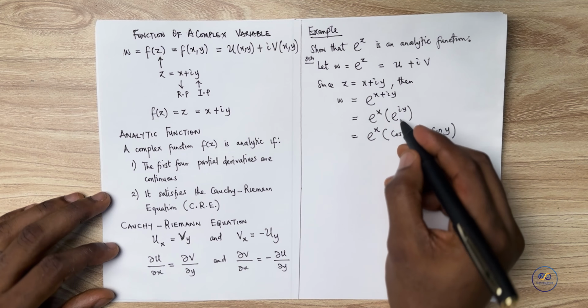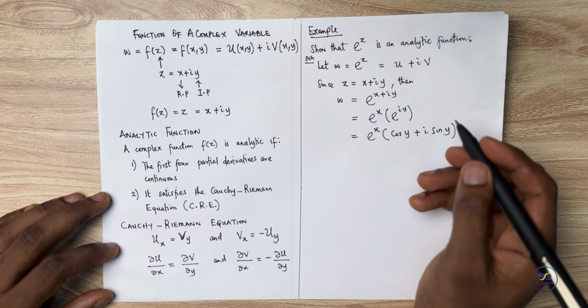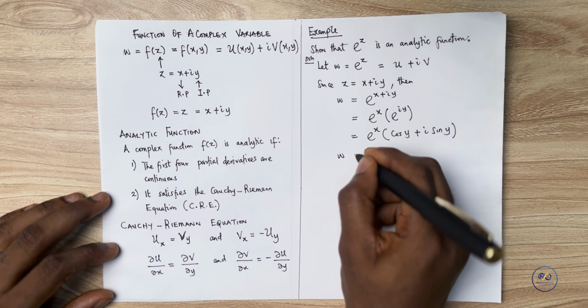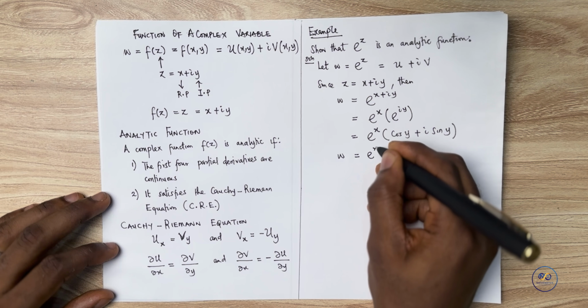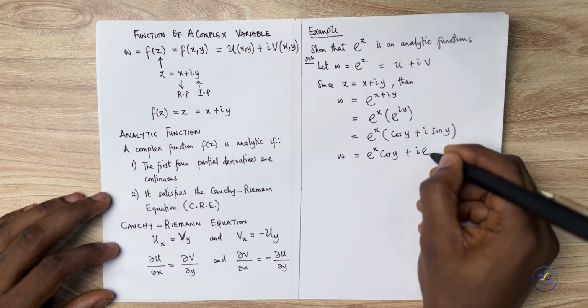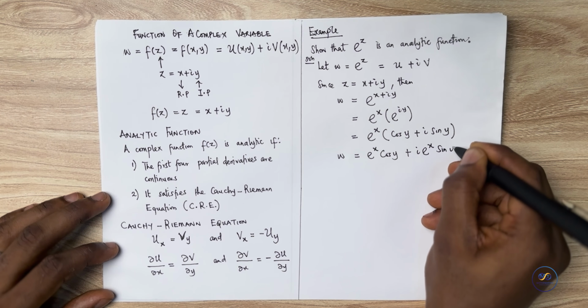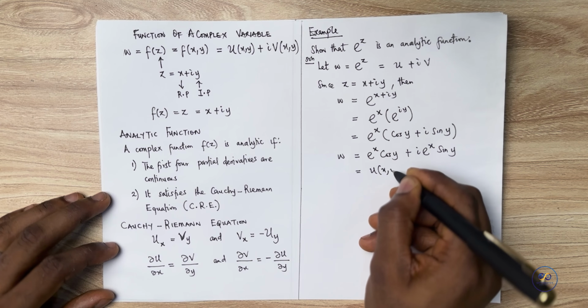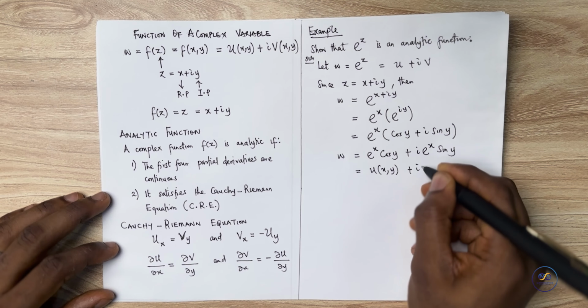Because we know that e raised to the power i theta equals cos theta plus i sin theta. Good. Which means that I can expand w as e raised to the power of x cos y plus i e raised to the power of x sin y. So I have my u, and then I have my v,